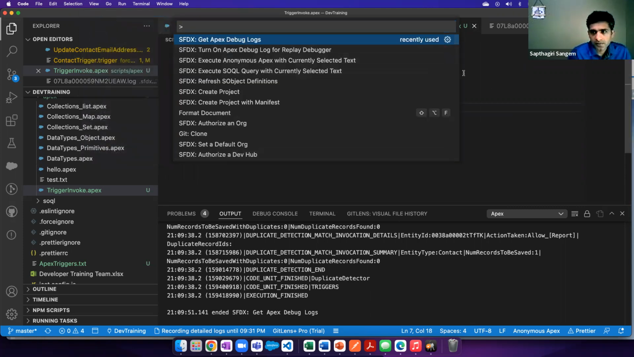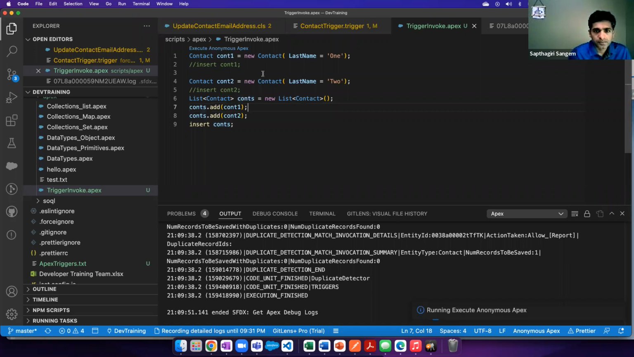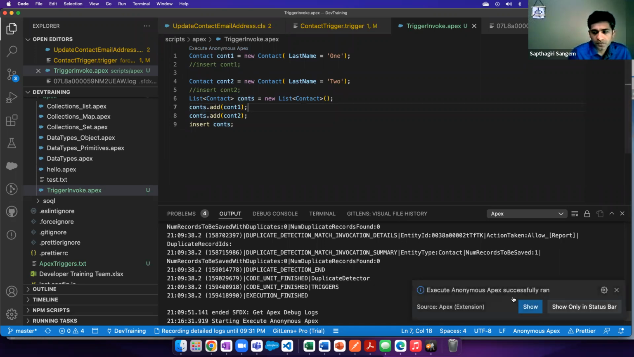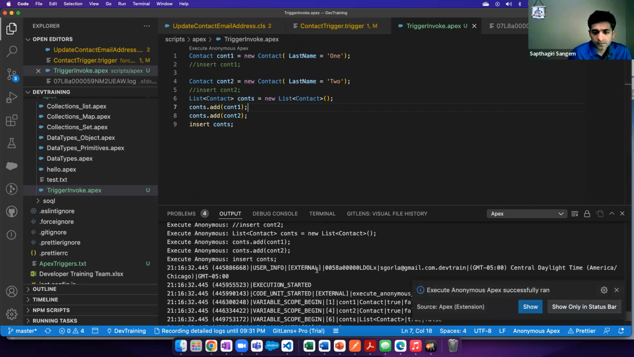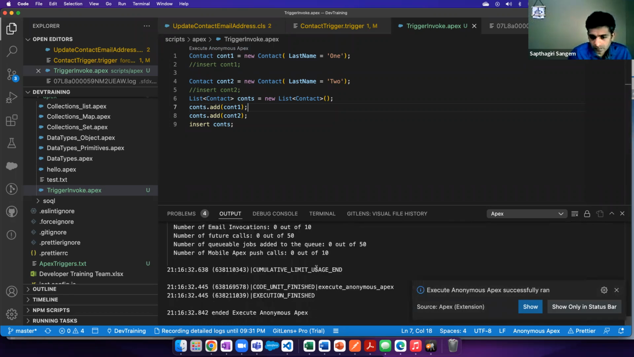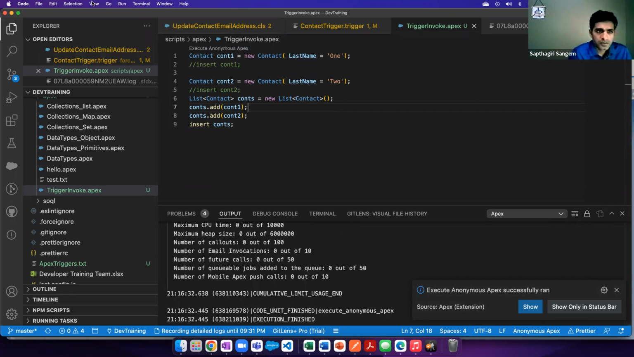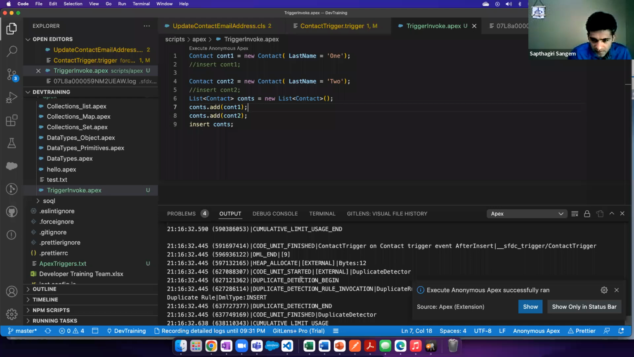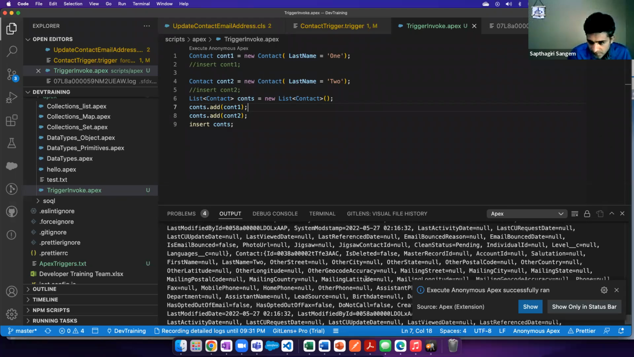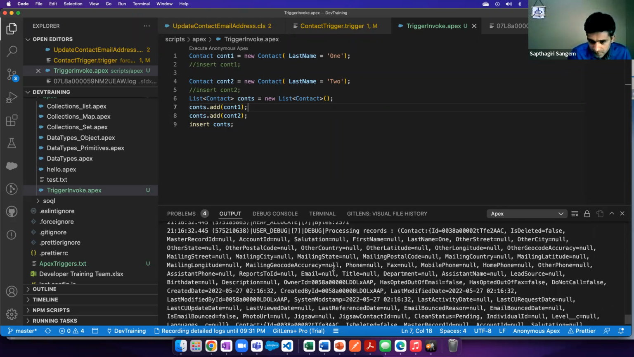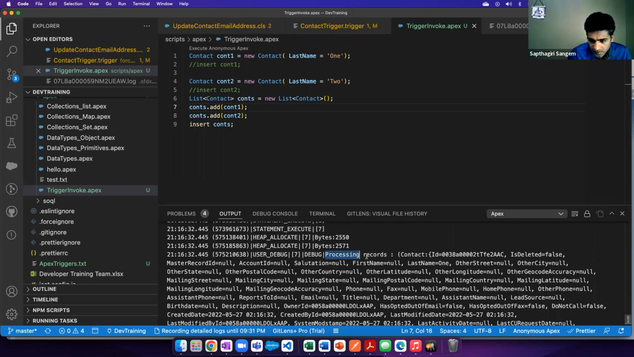So actually here we have it right here. Now it executed that one, and we can see it right here because it ran right here. Processing records, contact one. Now if we see one,